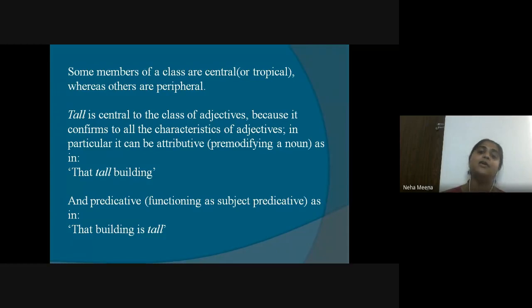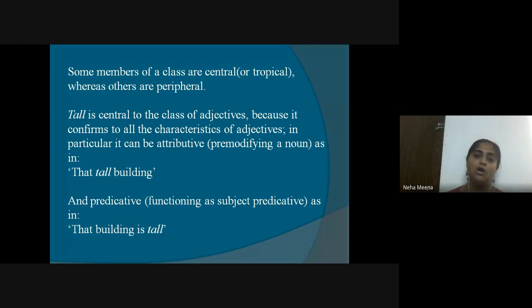Therefore this particular word tall is known as the central adjective. No other adjective has been referred to, in Oxford grammars and every book that Oxford publishes, as tall is: one of the best adjectives. Even till today we might not have come across this information, that even a single small word can be of so much significance, but it is when it comes to functionality.